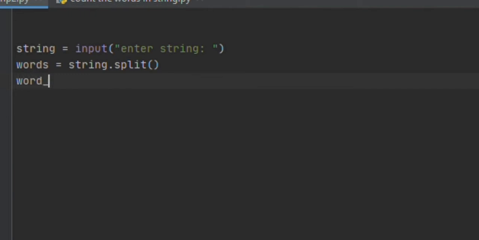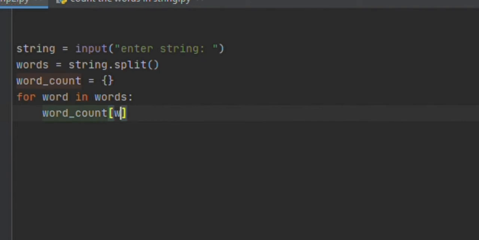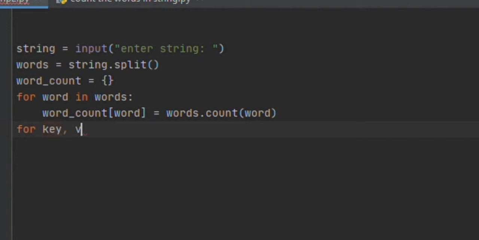So word count is equal to an empty dictionary. for word in words: word count of word is equal to words dot count word. for key comma value in word count dot items